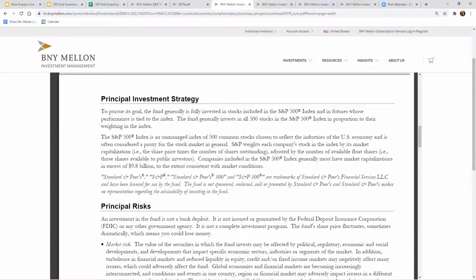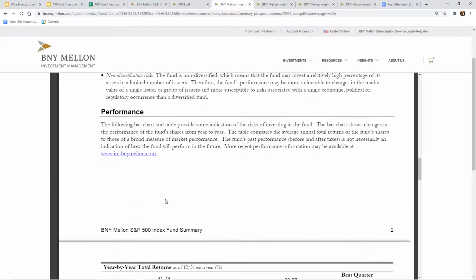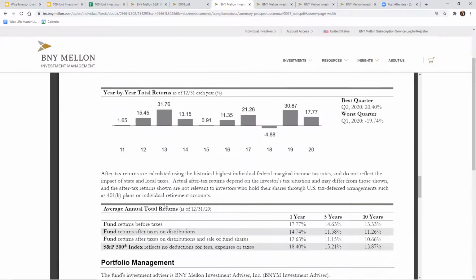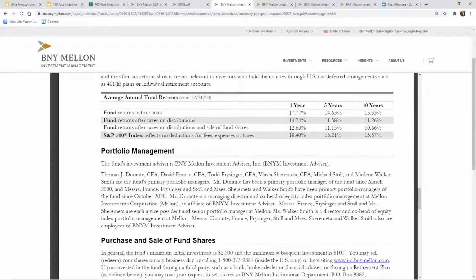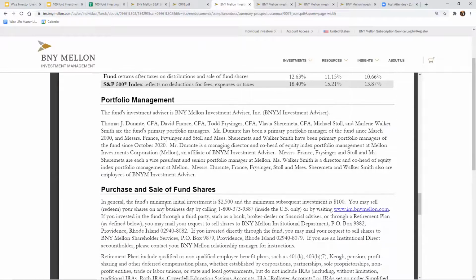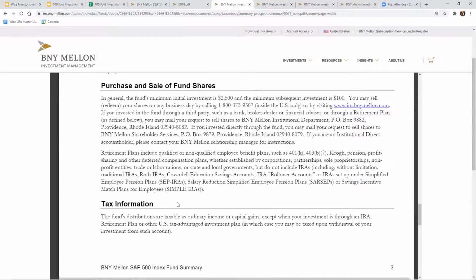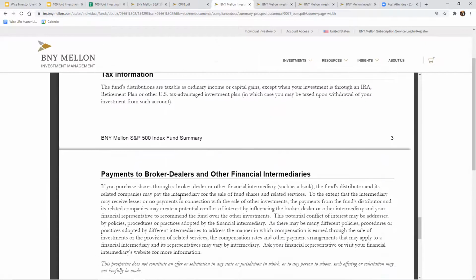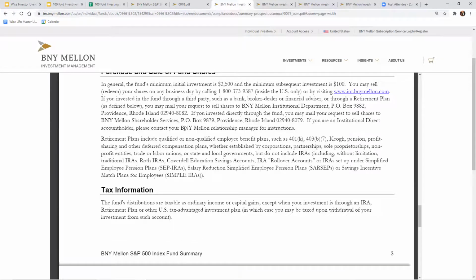So now you get more information about what that means, and it goes down to more risk and talking about that. Performance, it's going to give you a bit of a different look, 1, 5, and 10. Then you have portfolio management, purchase and sale of funds, the impact, tax information. So now you're getting into some of the more granular details.